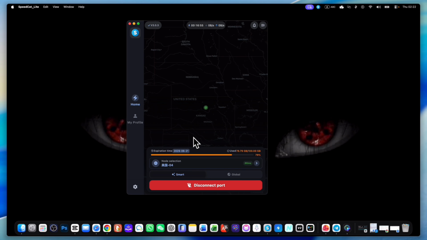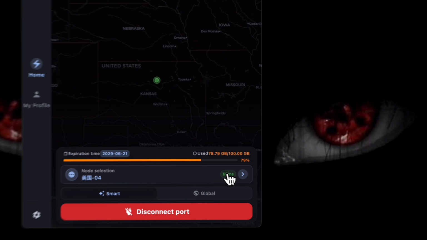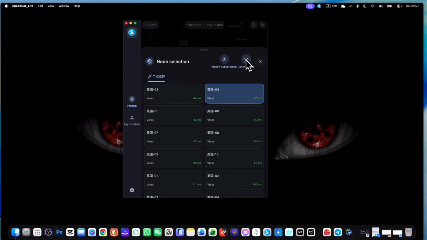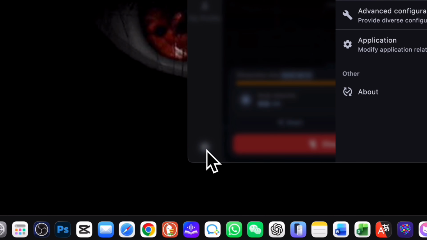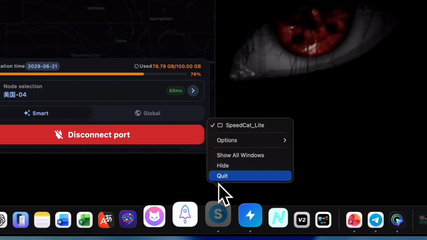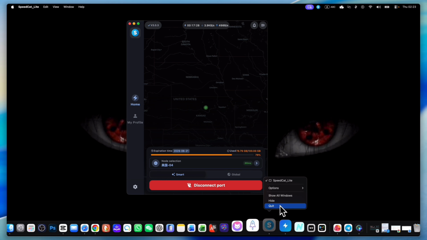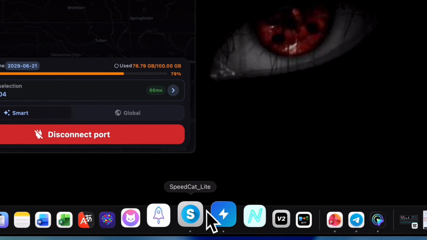But yeah, one important thing, if these values are not shown, first of all, you need to connect it. No matter if it's timeout or whatever, just press connect. It may show green values after you press the connect button and then latency test. If it doesn't, then log out. Then right click on the app and quit this app, and make sure you're not connected to any other VPN,